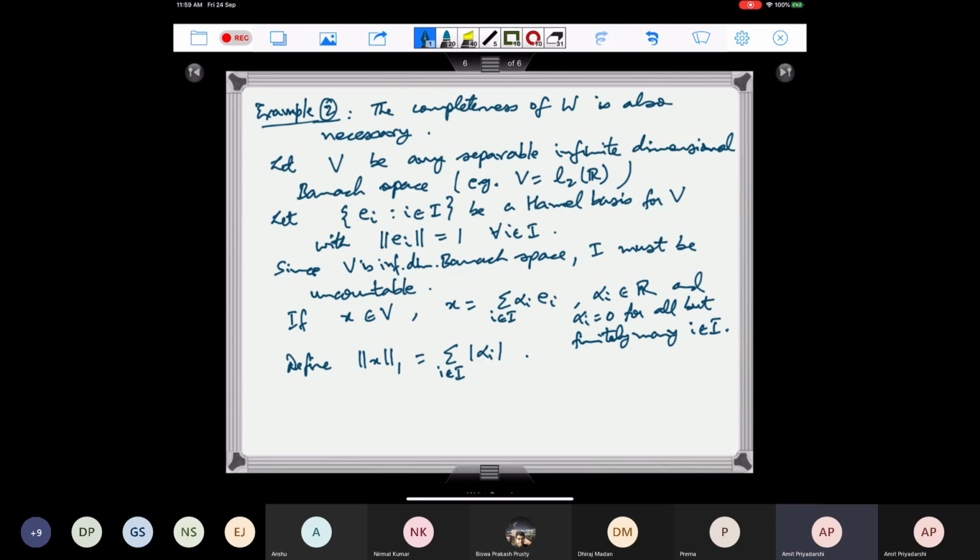Now let's define the identity map from V with the original norm which was given. So maybe here I'll write that some norm is given here with respect to which this was a Banach space, and then we have defined a new norm on that. So now define W to be V with this new norm, norm 1, and define